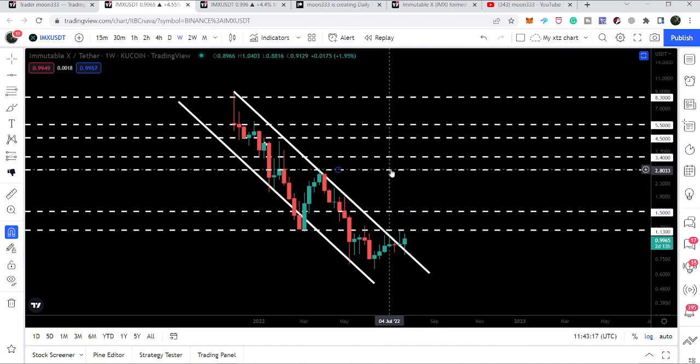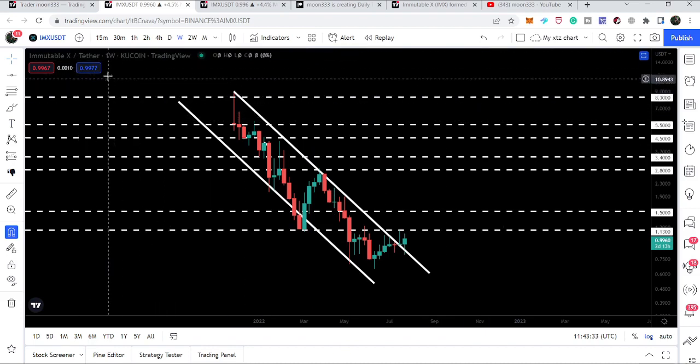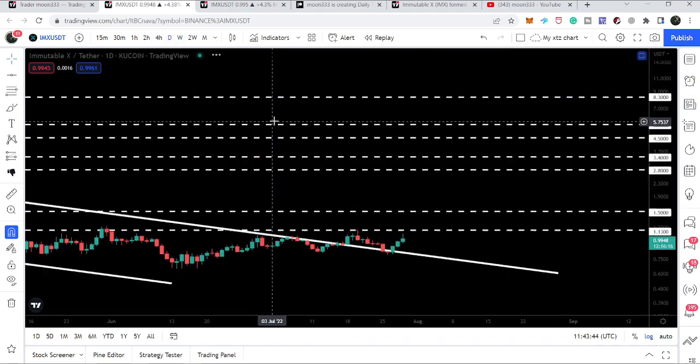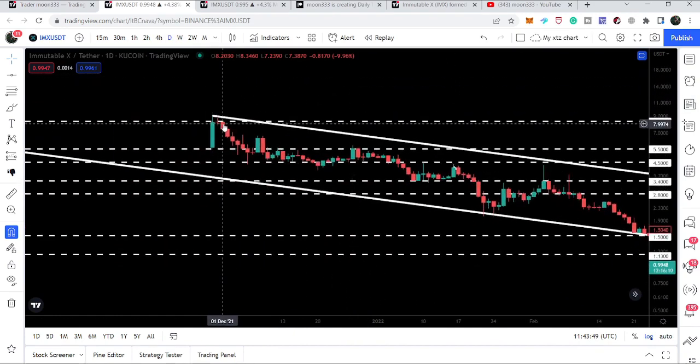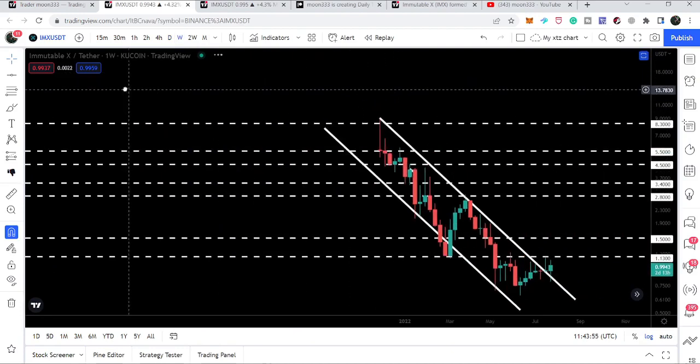Then our next major resistance will be at $2.80, and then $3.40, then $4.50, then $5.50, and this will be our final resistance at $8.30 as per this KuCoin chart. You can see on the weekly time frame we have only one touch point here, but if we take a look at this resistance of $8.30 on the daily time frame, then we can see that we have multiple touch points. We have 1, 2, 3 touch points here. Therefore I have defined my final resistance here,